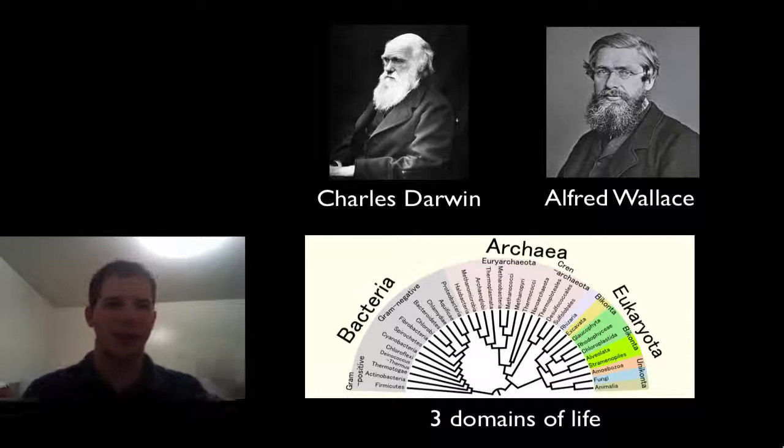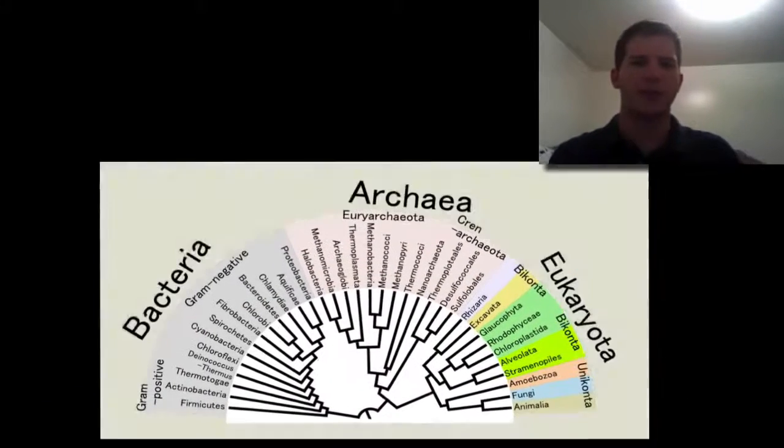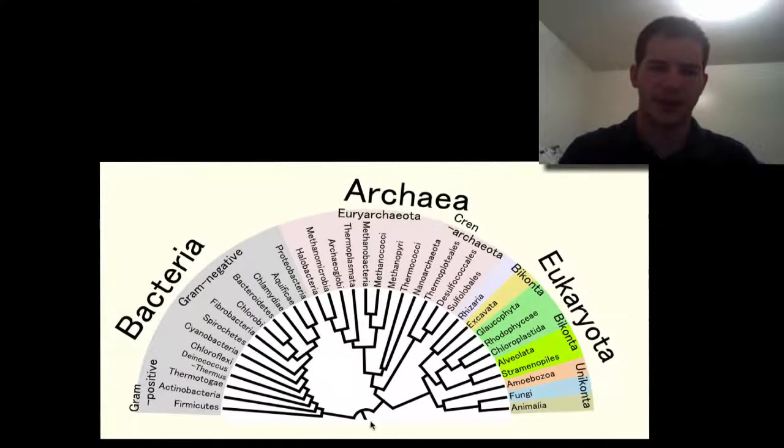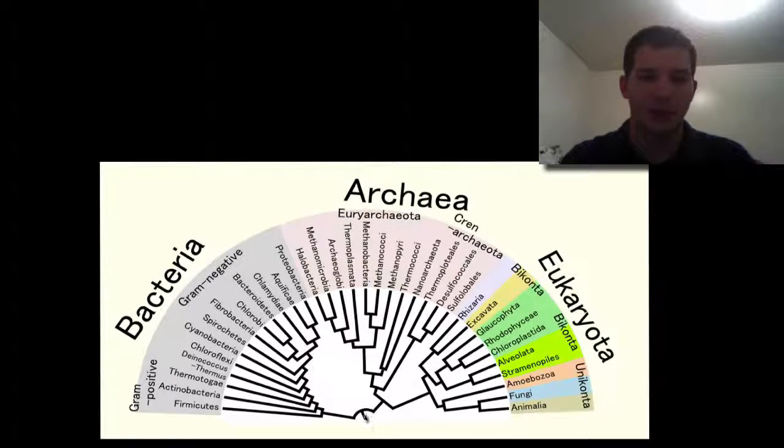All right, so what does that have to do with evolution? Well, from that, over time, we have really understood how things evolve and how they fit into different classification systems. This is the most recent one. This is the three domains of life, and it's a way of looking at organisms today. And so the unity of life all begins with this here, and this is going to be the common ancestor, right? So we all have a common ancestor, and we don't know what it is yet. But this is where it all begins.